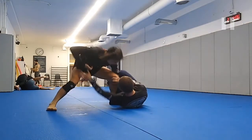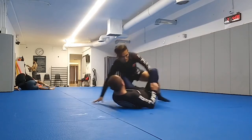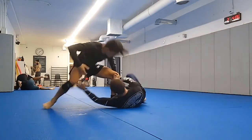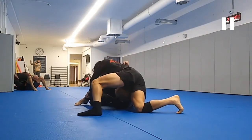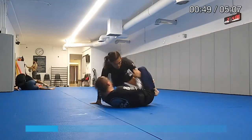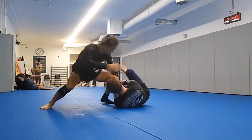So right here, I initiate less of a toreando pass and more a movement-based pass on my part. Just sidestepping my foot, getting my foot and my shin into the hip pocket, and passing that way. So what was the difference here? We'll watch it again, but what happens...